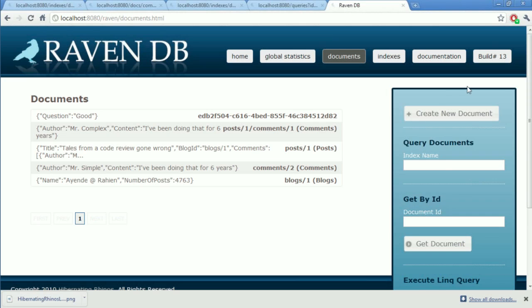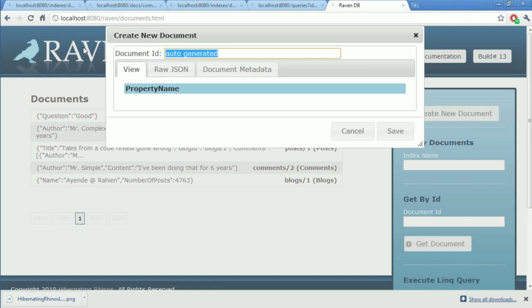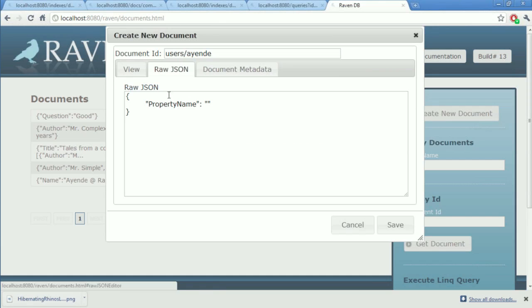Now, you can go to RavenDB and give it a document ID like user/ayende. This is probably something that relates to the meaning of the document, so a document like that would be very meaningful. We know what the name of the document is, and this is also the username.